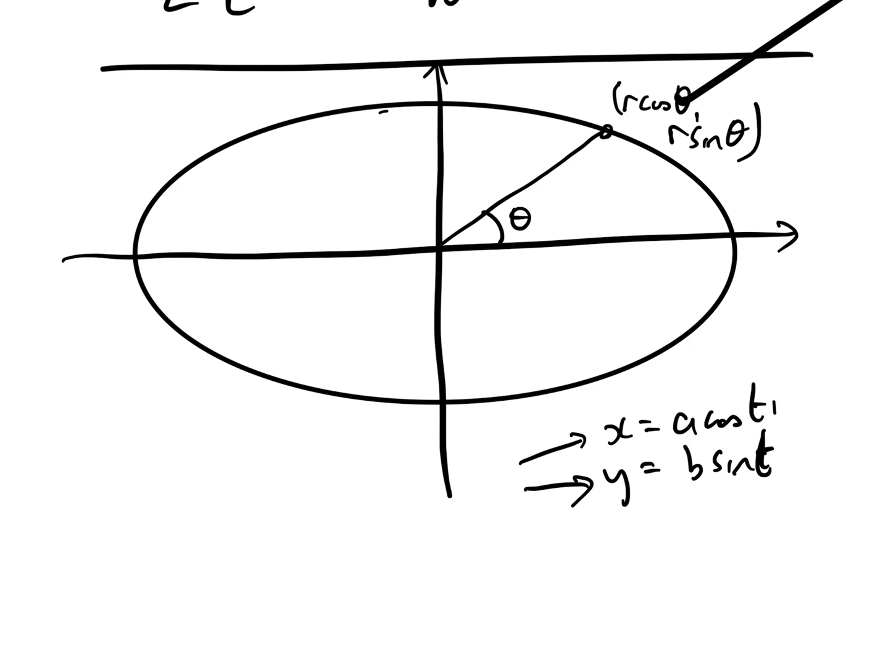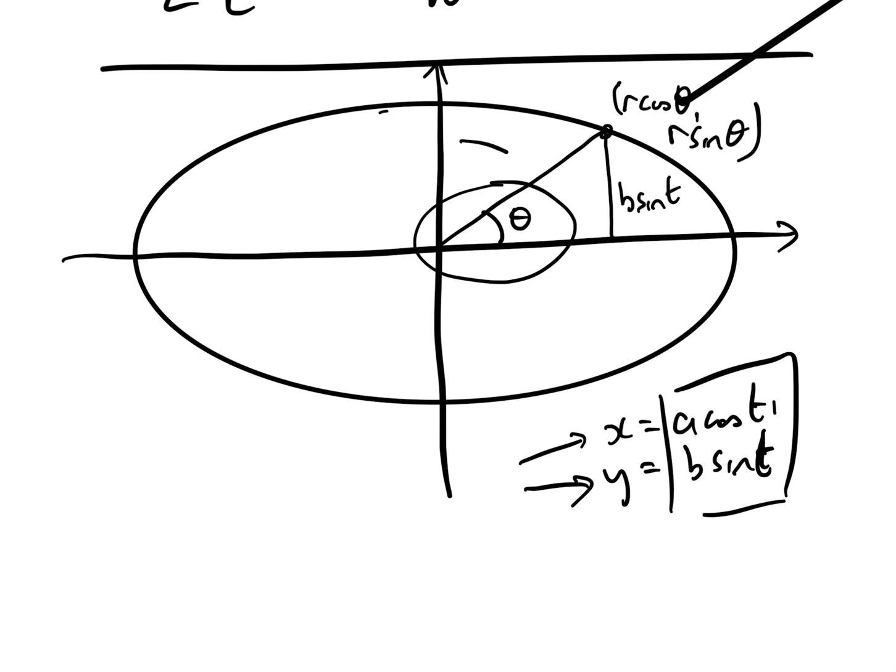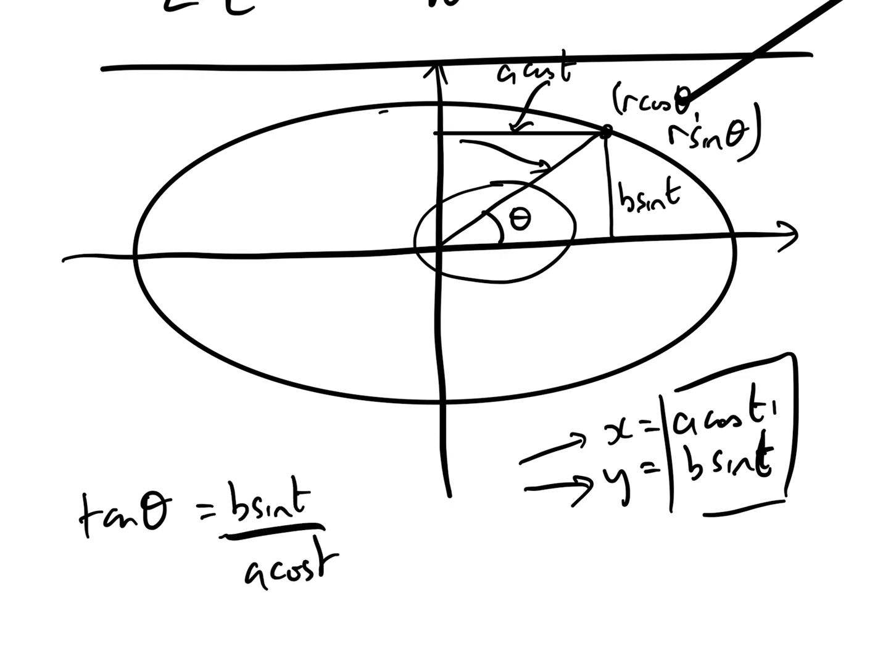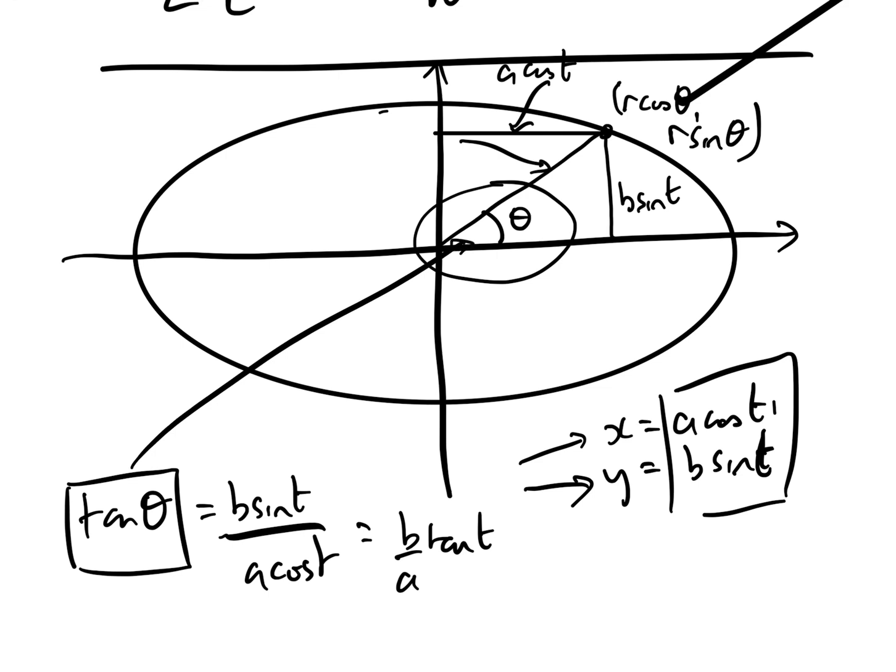The problem is that with polar coordinates, when you integrate, the angle which you're using must be this central angle here. Now in actual fact, if we put these coordinates in here, so that this here is equal to b sine t, and this here is equal to a cos t, then we have that the tangent of the central angle theta is equal to b sine t over a cos t, which equals b over a tan of t. So you can see that the tangent of theta, the central angle of the ellipse, is not the same thing as the angle t. It's not the same thing at all, and therefore you cannot use this angle t to integrate in the polar